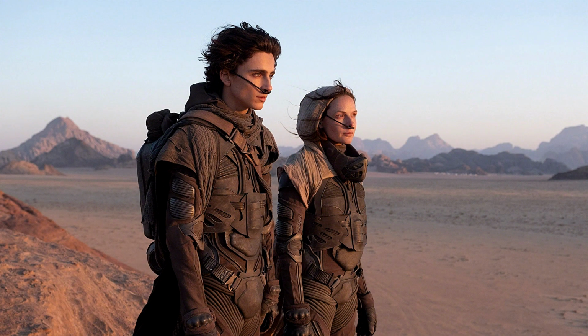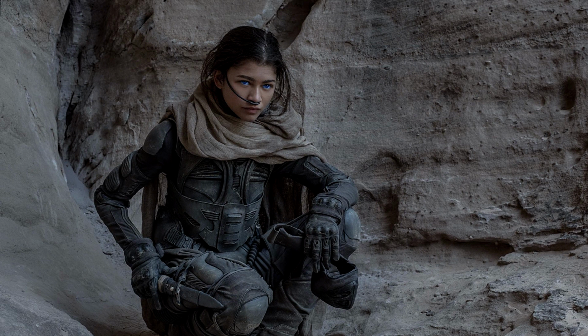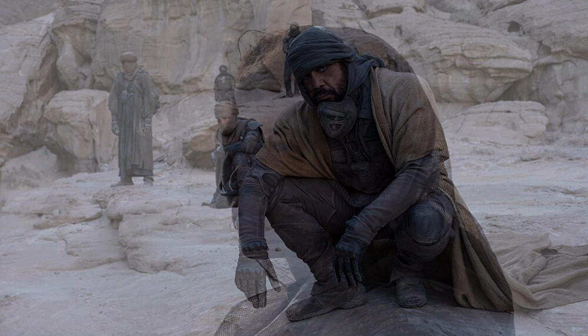While the movie hasn't been released yet, there will be some mild spoilers from the book and the 80s movie of the same name. The Stillsuit is a complex full-body filtration system and reclaims the body's moisture, a sort of life support system, when worn in the open desert of the planet Arrakis, also known as Dune. Stillsuits are manufactured by Fremen, the human indigenous inhabitants of the planet Arrakis, as well as by private entrepreneurs. However, Fremen-manufactured stillsuits made of worm skins are widely considered the highest in quality, as they are the only ones that can preserve the body's moisture in the deep desert, with the wearer drinking the reclaimed water from a tube